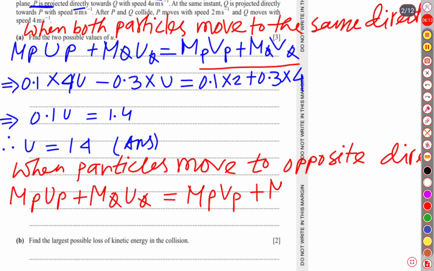Mass of particle Q into velocity after collision. So if we substitute, it is going to be 0.1 into 4u, minus, they were moving towards each other, 0.3u equal to